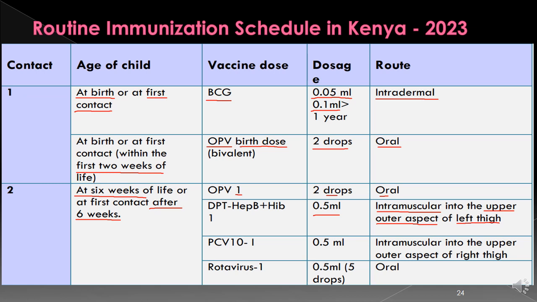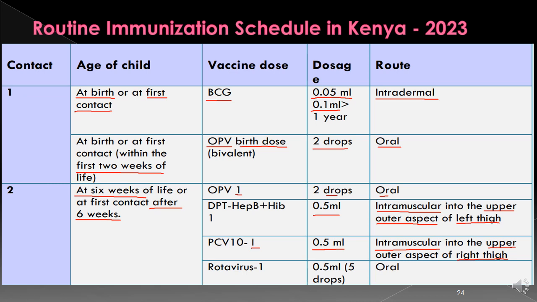The other vaccine that you must give them at 6 weeks or first contact after 6 weeks is the pneumococcal vaccine. And then we call it PCV 10-1. That is the pneumococcal vaccine 1. Again, the dose is 0.5 ml. Given IM also, it is also on the upper outer aspect of the thigh, but this time it is on the right thigh. So this child is going to be receiving 2 injections at 6 weeks,